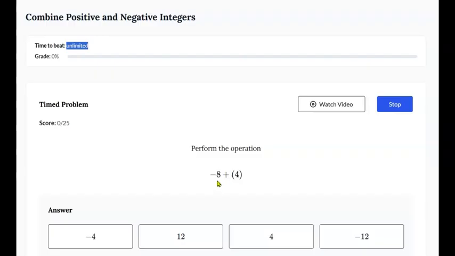Perform this operation, -8 plus 4. Choose your response, and a new question will appear. -6 minus -9, or -6 plus 9. Choose your answer and keep going. If you choose a wrong answer, you'll have to restart. So perform the given operation,